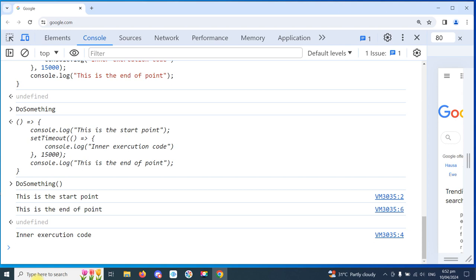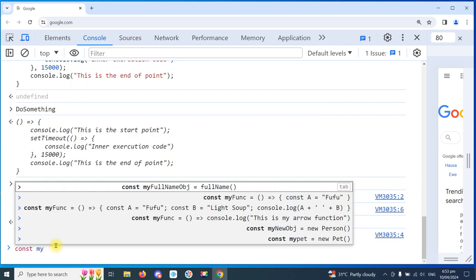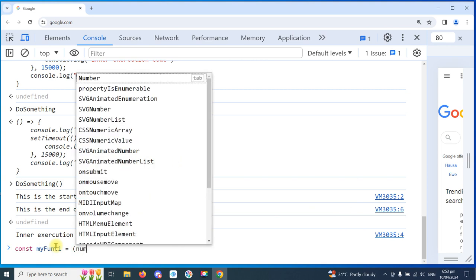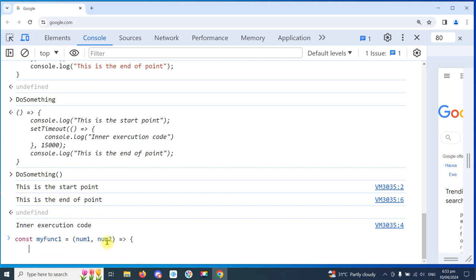Because let's take a practical example, let me create a function here and do this. So const, let me call it my function 1, okay? And then let's say I'm passing in a number 1, number 2, and then once this value comes in, it is going to perform an